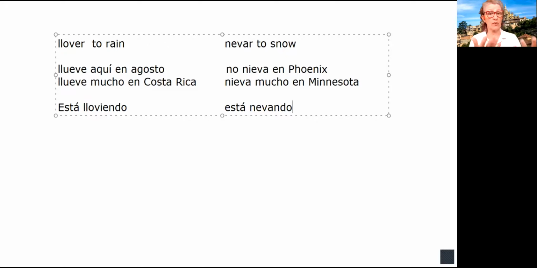Next week, when you come into class, you will actually use these a lot to talk about people doing different things. You probably won't use the llover and nevar very much, but you will use a lot of them. So to prep for class next week, I want to make sure that you read through pages, and I'm going to give you really specific pages because I want you to avoid that third type of stem change. It'll be page 70,